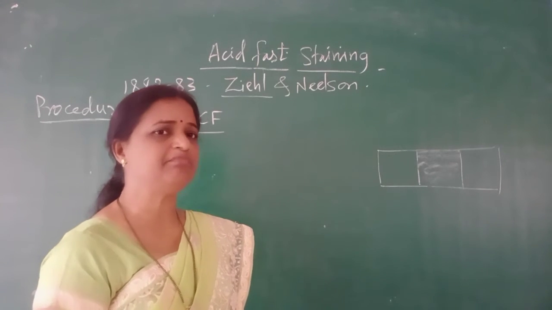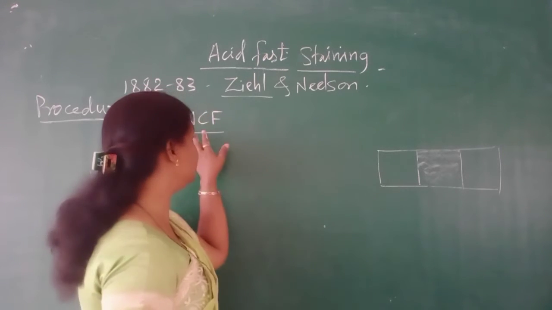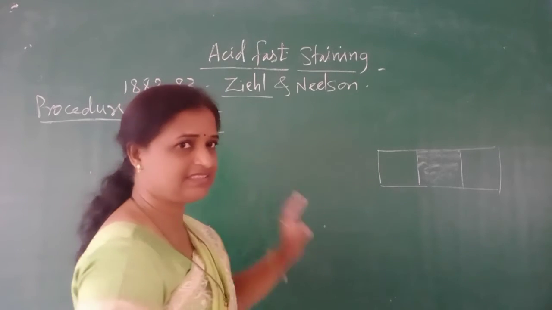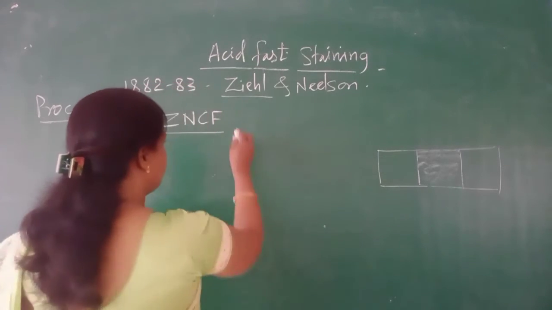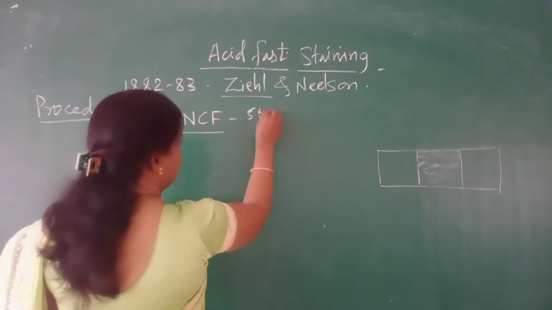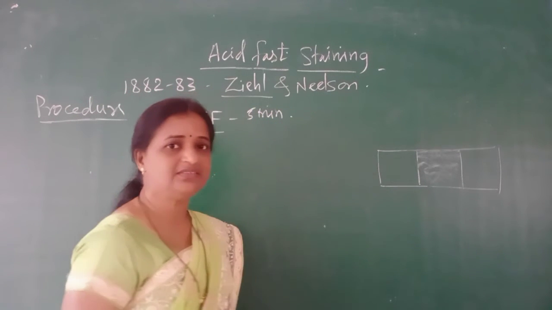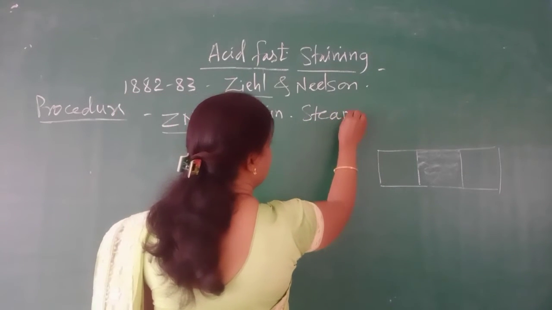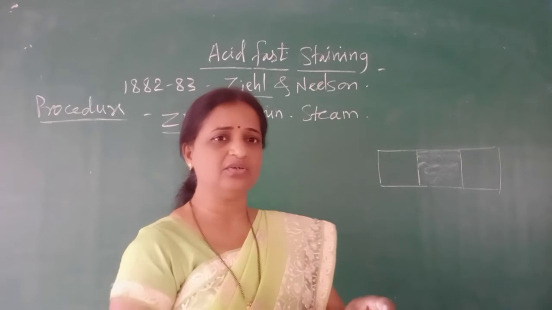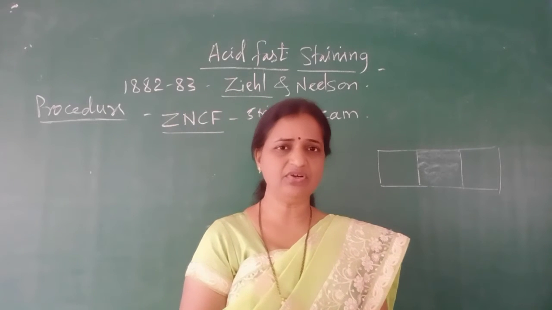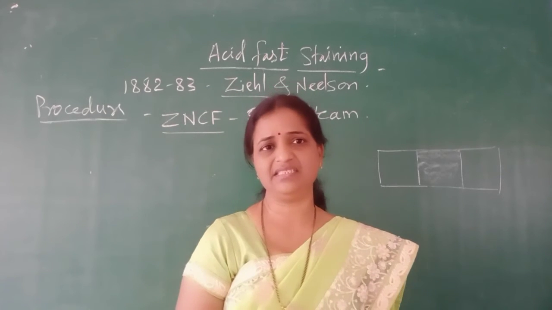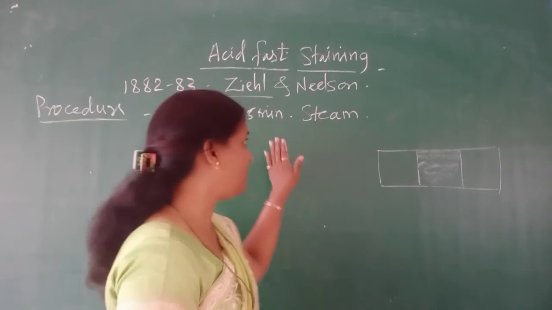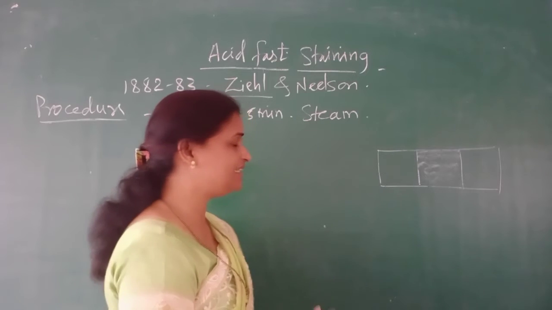It is prepared by using carbolfuchsin, a basic dye, with ethanol and HCl. So this is the carbolic stain, the phenolic stain. Apply ZnCF for 5 minutes. Here a special method is used for applying the stain: hold your slide over the steam. Keep your slide over the boiling water bath, then add the stain and keep it in that steam for about 5 minutes. So a 5-minute treatment at steam temperature is the method.